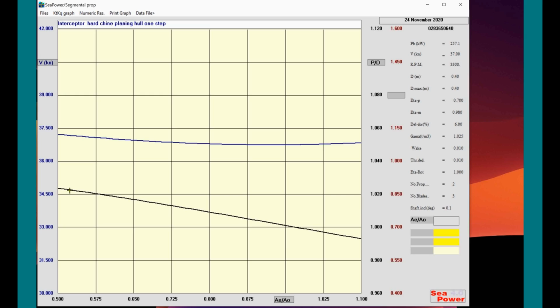You see that by change of expanded area, pitch diameter ratio is coming down, and the speed, practically the efficiency of all the propellers for the full range of expanded area, has very slight difference. So we can read again here like this. We choose, for example, this one, expanded area 0.577, 37 knots,